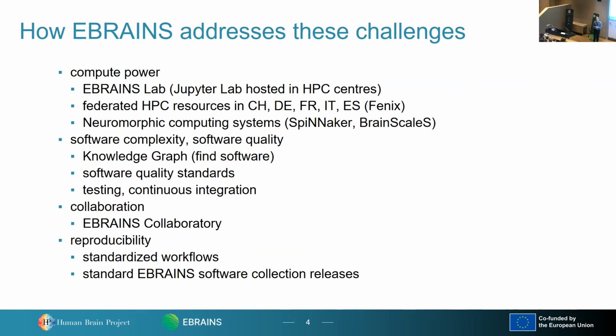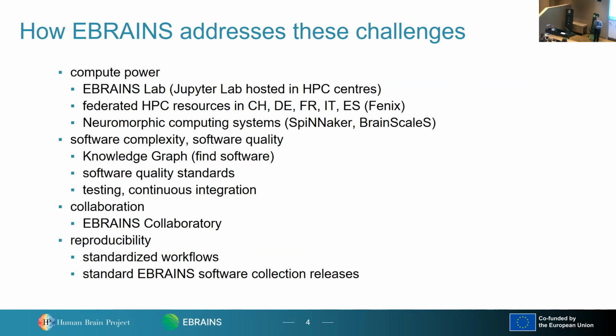On the topic of software complexity and software quality, one thing we can at least try is to find software which is useful for us by going to the knowledge graph described in the previous session by Jan Bialy. EBRAINS is putting in place quite strict software quality standards. So this problem, a lot of software developed without much software engineering experience and by people who perhaps move on